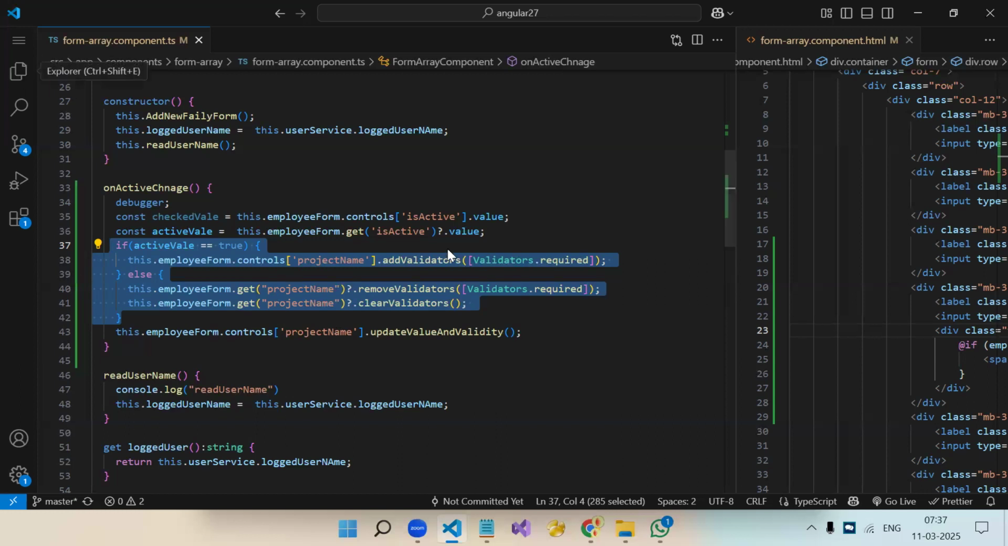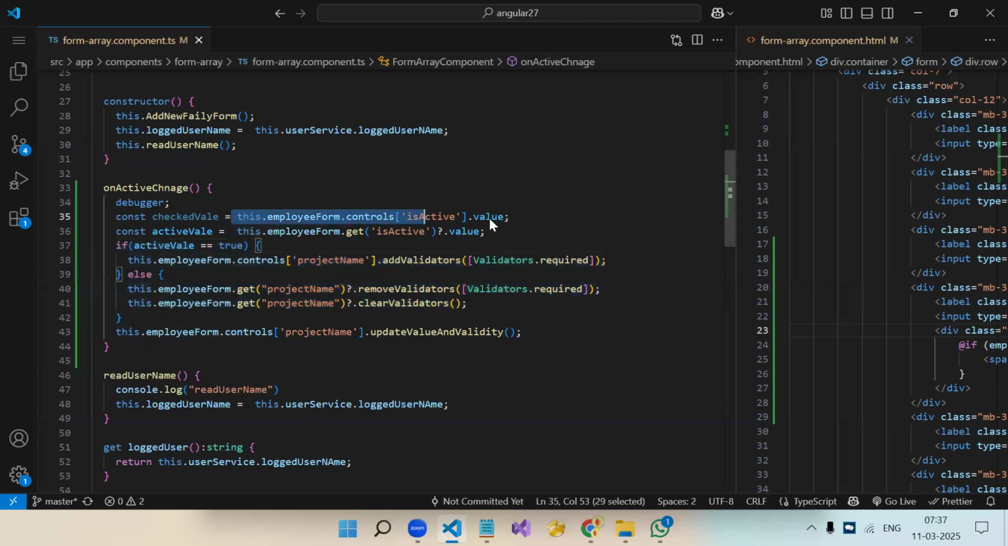First, how do we read a text box value in a reactive form? From your form group, you select the form control, which control you want, and then value. This is how you read the control value from the reactive form. This is how you add the validation. This is how you remove the validation, and this line should be there to update the value and the validity of the form. Before that, we have seen how to create the individual control, just the form control,